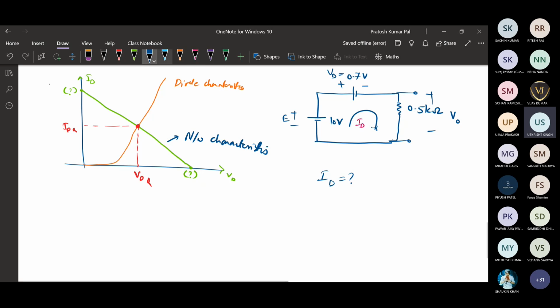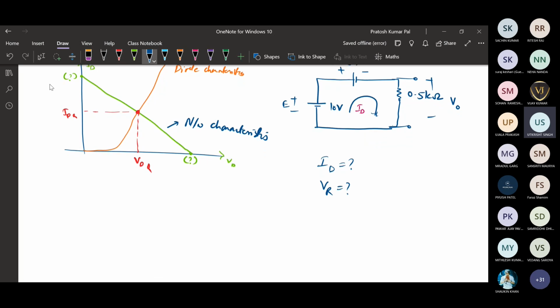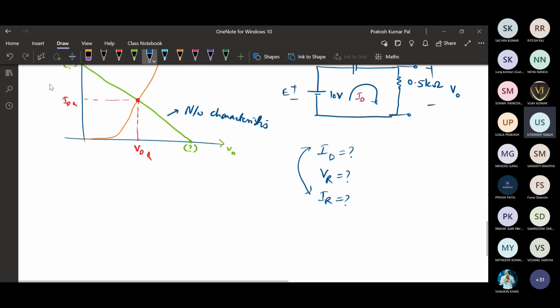What is the current flowing through this circuit, and also the voltage drop across the resistor? We also need to find the current flowing through this resistor, so IR and ID will be equal. ID will be equal to IR because only a single circuit component is there. To find this, we need to apply KVL. So by using KVL,